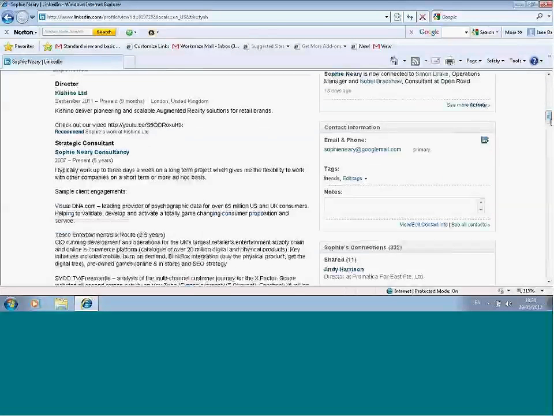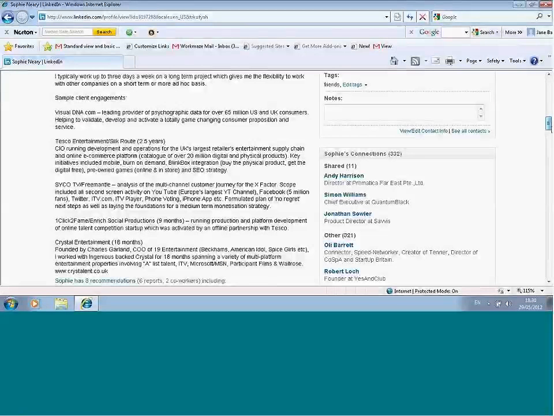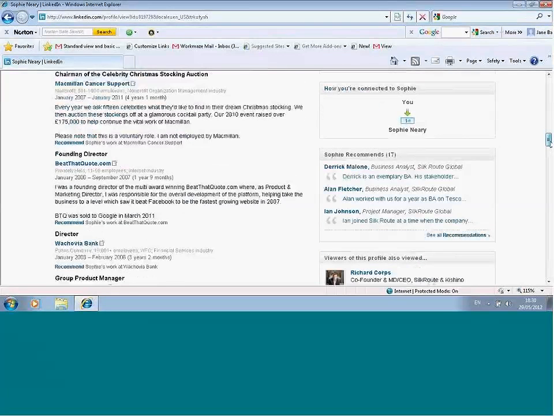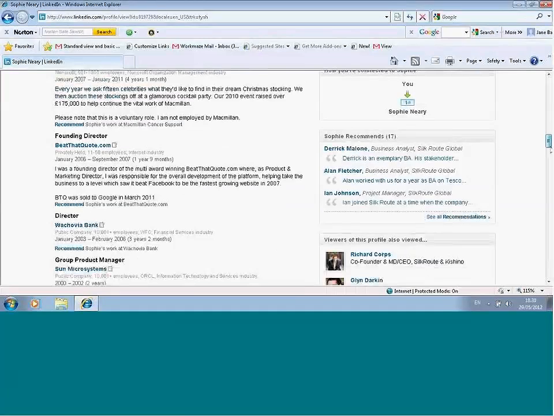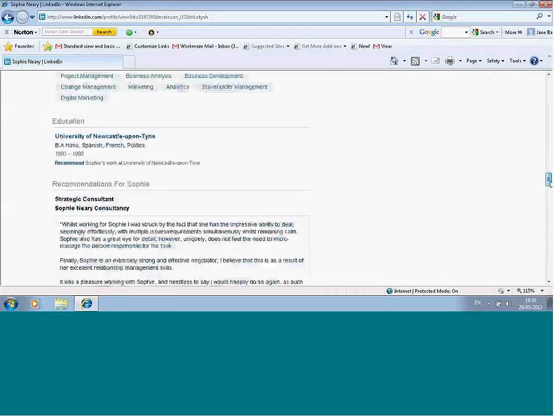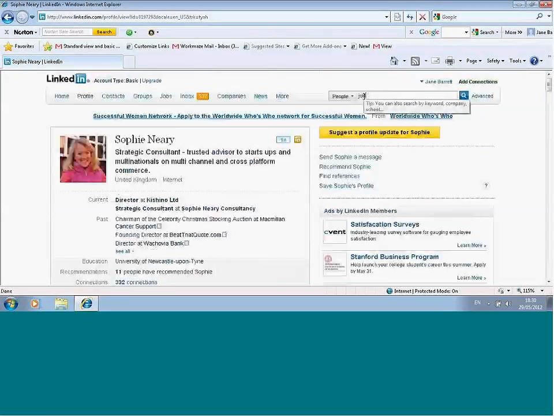So Sophie's done some, there's a good amount of information here. She's linked to some of the websites she's been involved in and given a brief overview of the type of work that she's done. I think one thing which was quite interesting on hers is she's done some charity work, but she's made that very clear that that's a voluntary role and not her major role. So you can have a look at this. That is a good profile. Let's have a look at